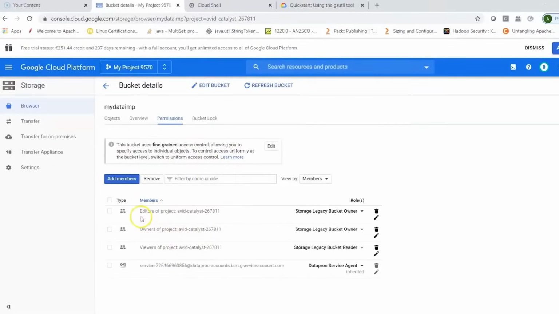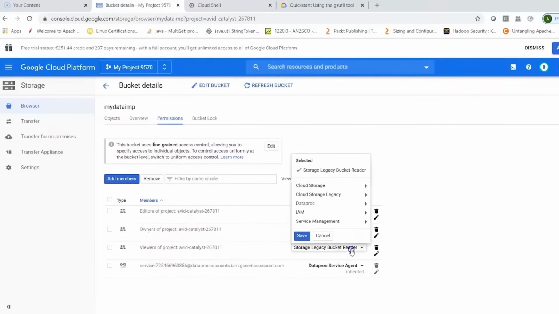So in my case, editors of the project are the bucket owners, owners of the project, viewers of the project, right? And you can choose what kind of access you need. For this, you can always go into cloud storage, and then you can decide what kind of access you would want to give, whether that's a storage admin, object admin, object creator, object viewer, and so on. You can always look at storage legacy, and for any other services, depending on what APIs you have enabled,